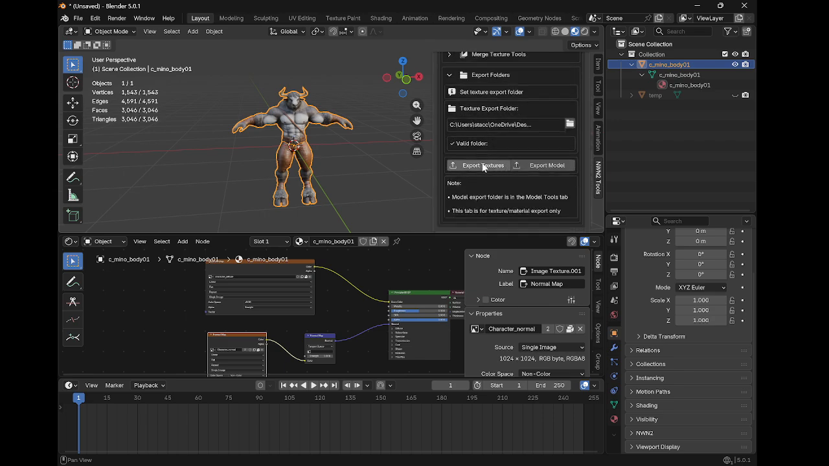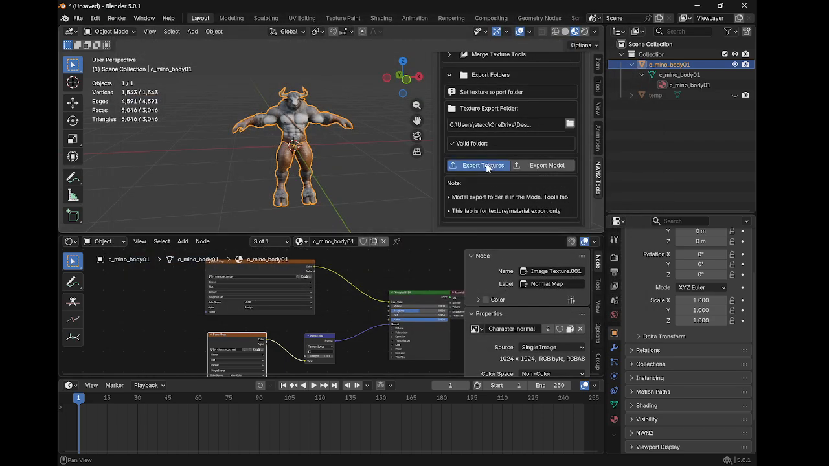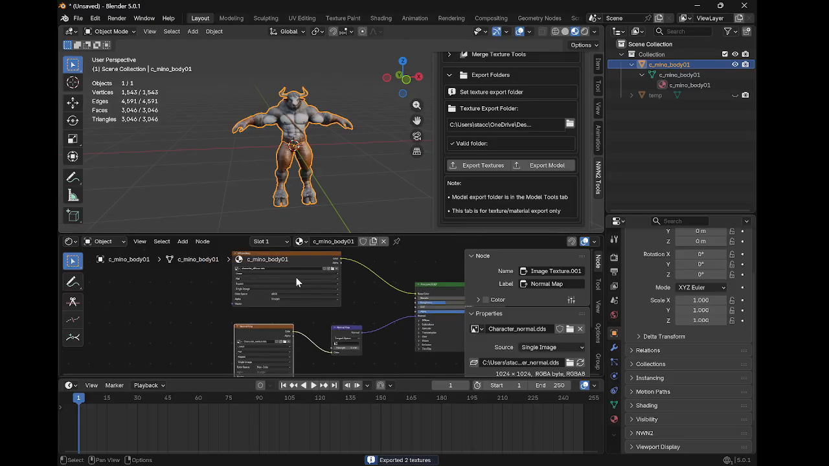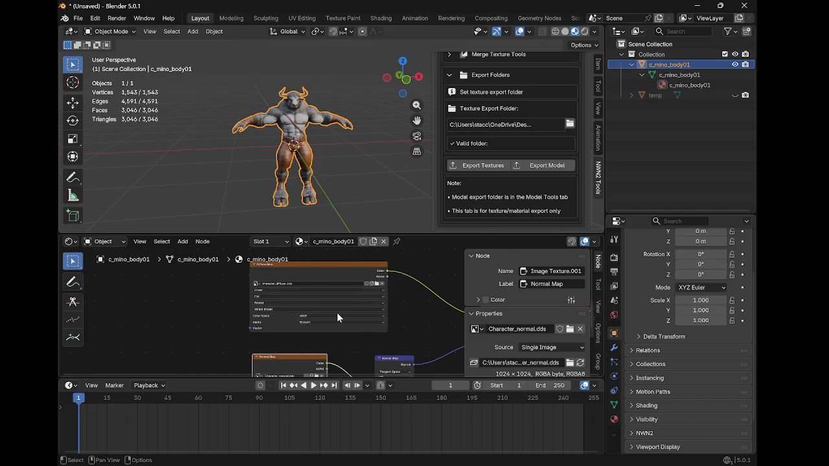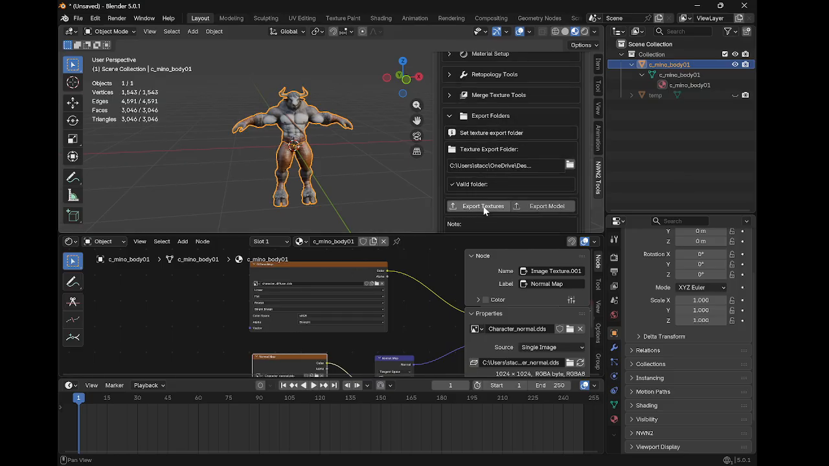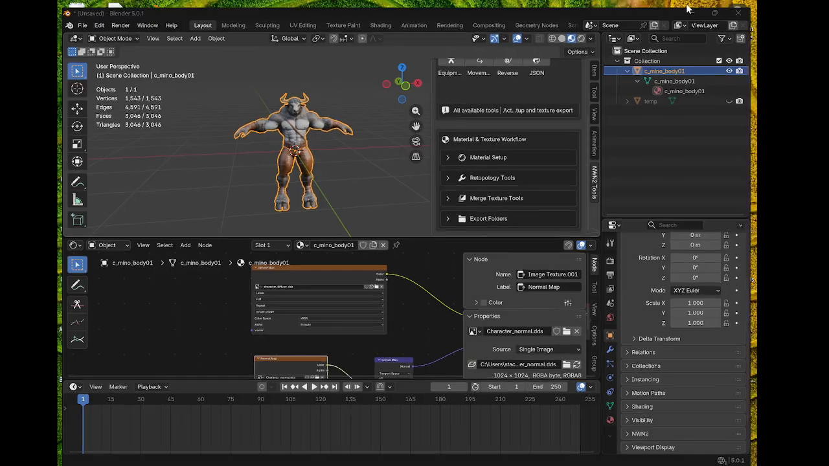So we need to export our textures to the desktop as well. Bam. This converts PNG or non-DDS files to DDS. So if you're already using DDS, you don't need to use this export textures. Okay, so now that we have that,